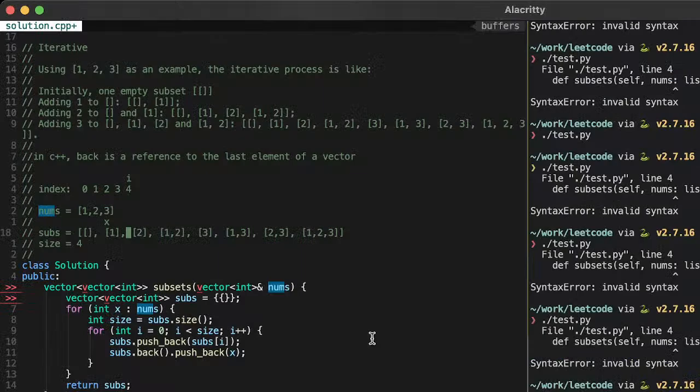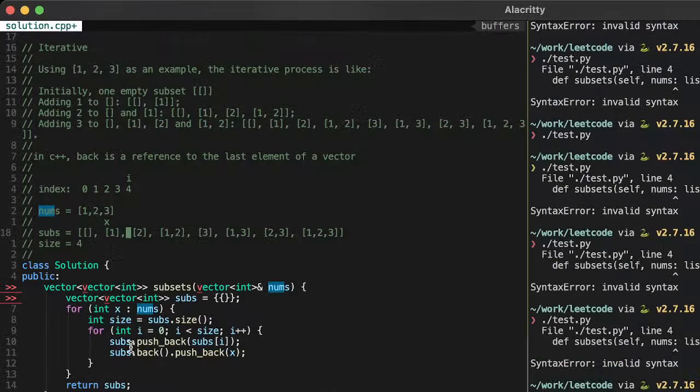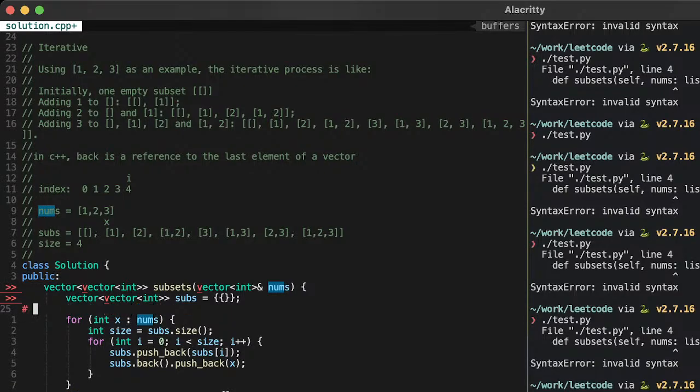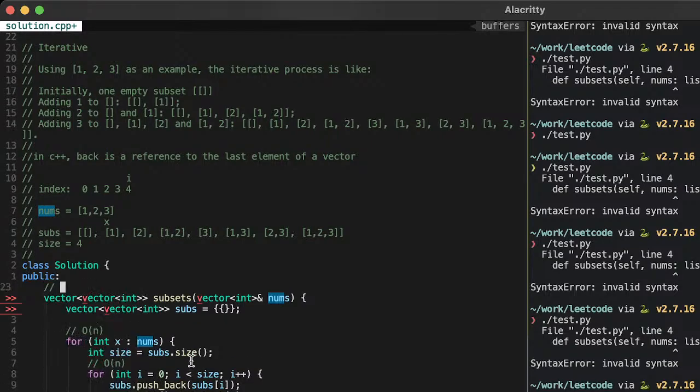So where am I at? Just self-assessment. I had some idea about a brute force solution. I couldn't come up with any kind of optimized solution. So for the optimal solution, let's do the time and space complexity of this. This loop is an O of n loop. This is another O of n loop. So this whole thing is going to be O of n squared time.